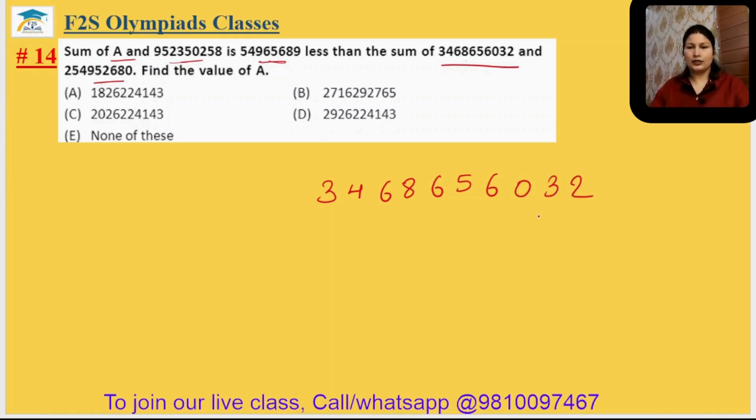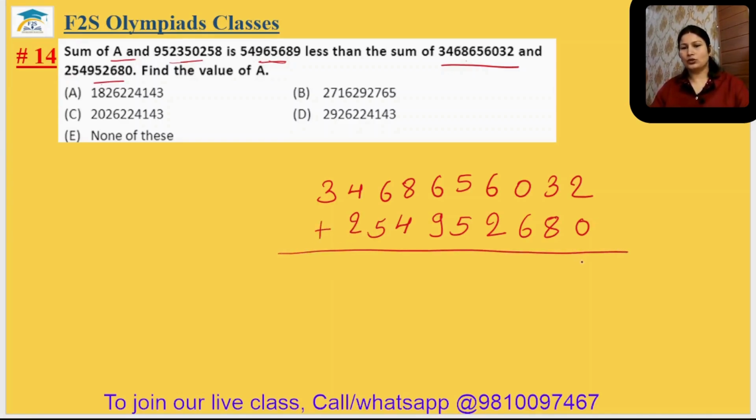Okay. Now add 086259 and then 452. First find the sum of these two numbers. So 2, 8 plus 3, 11, carry 1, 6 plus 1, 7, 8, 10, carry 1, 16, carry 1, 13, carry 1, 12, carry 1, 7, no carry and then 3. Sum of this.